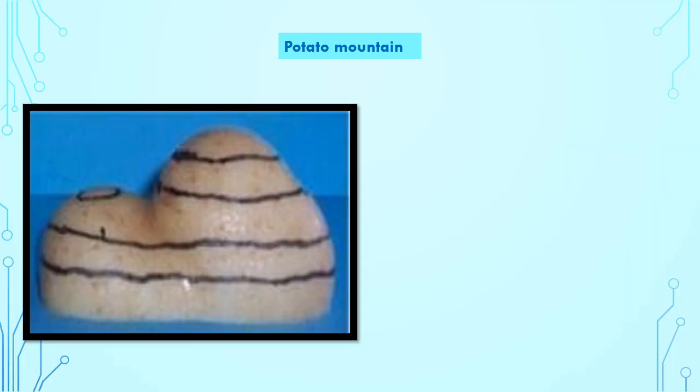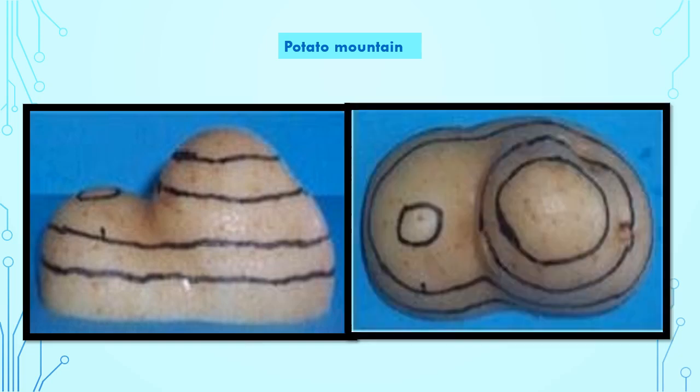So we have now learned to draw contour lines for the hill having one summit. What in case the hill has two summits or two mounts? Let us try drawing contour lines for it now. Here we have taken another potato cut into half. But this time, the potato has two mounts. The front view and its corresponding top view of the potato is given here.